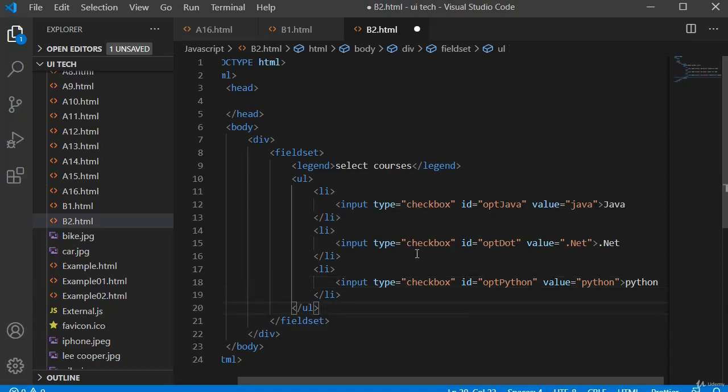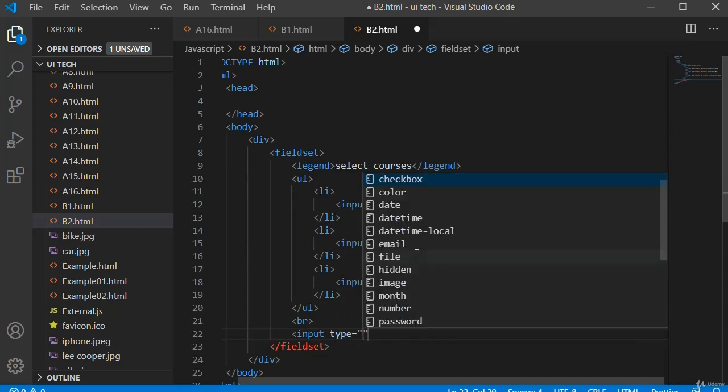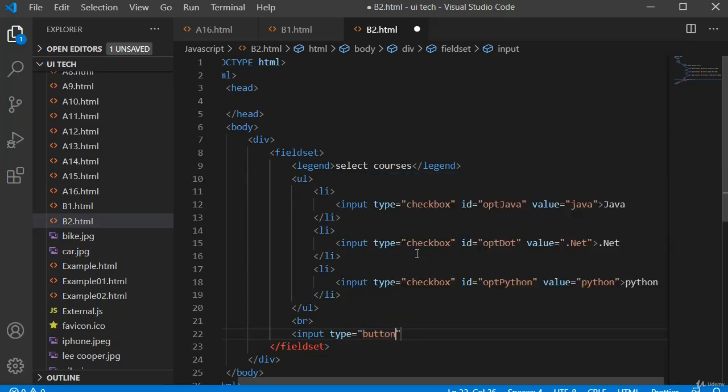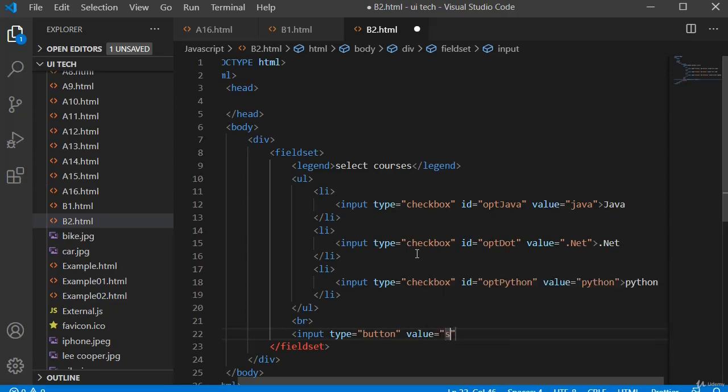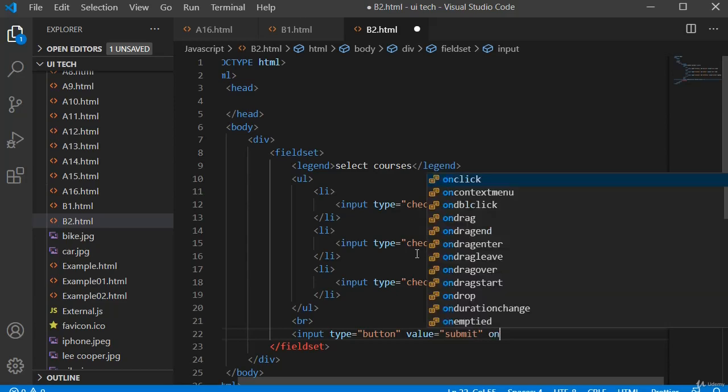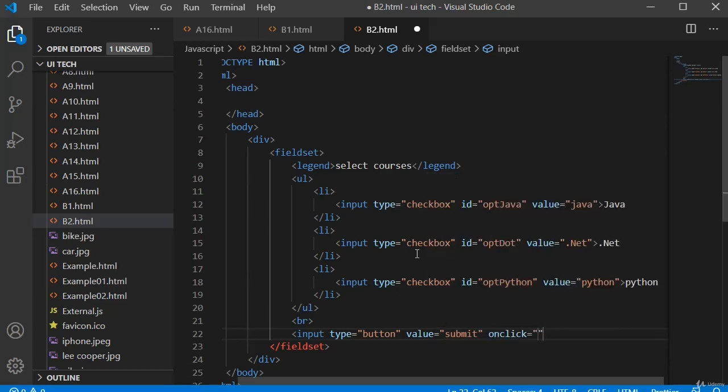Then after this UL, I will use a BR line break. After this, I will use one more input tag with type as button, value submit. I will use the onclick event. Inside this, I will write my function name. After writing the function,